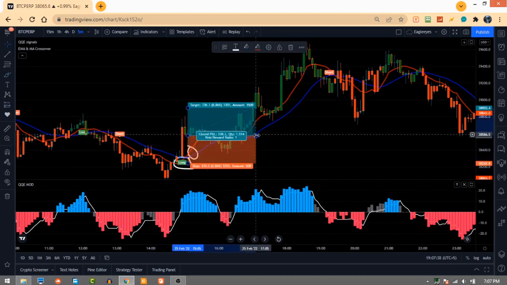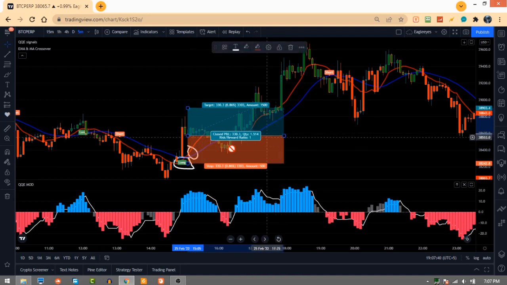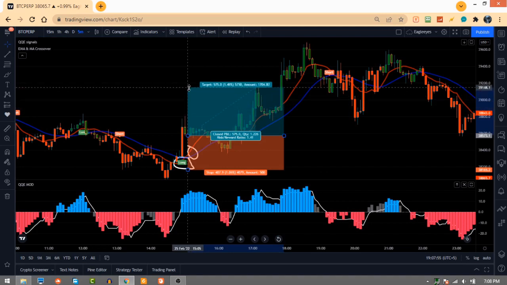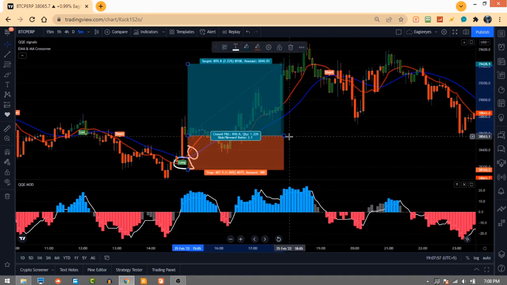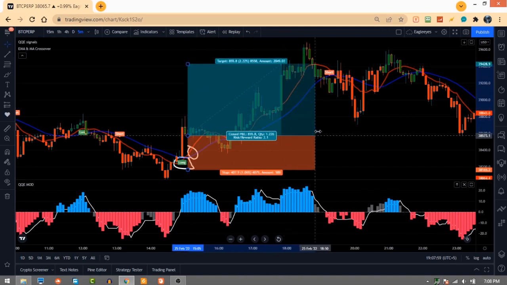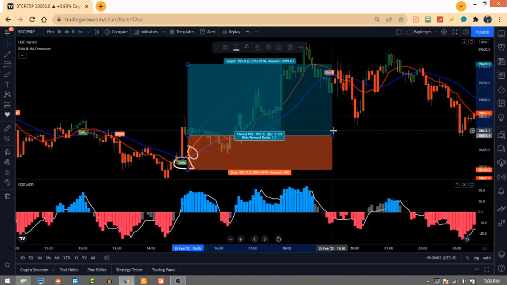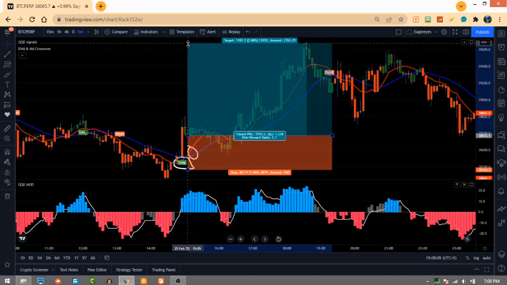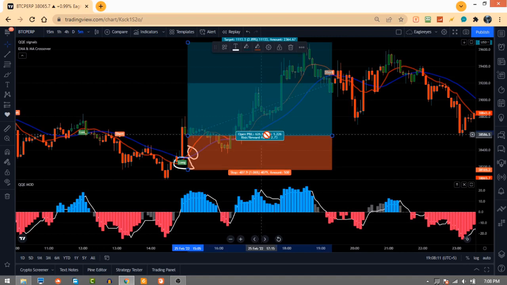Let me show you. We will increase it here. You can set the stop loss to the previous 2 candles, or you can use the previous swing, and here you can see the profit. We have a winning trade, and here you can see we can get out of the trade from the next indicator's sell signal or buy signal.